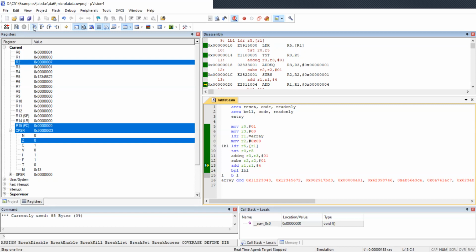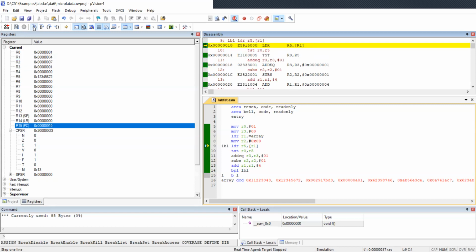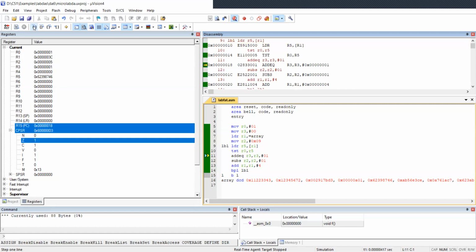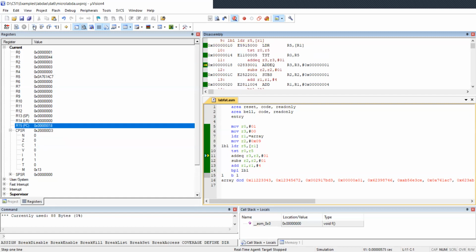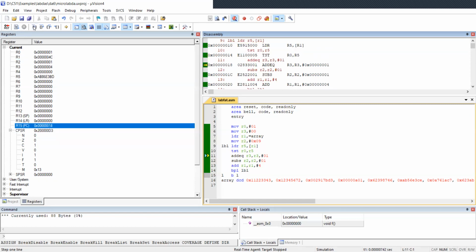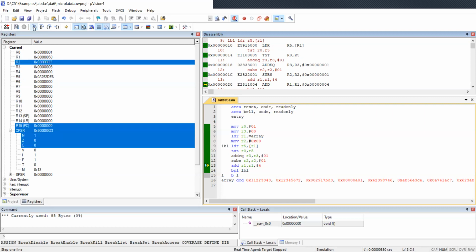This will go back to the loop until the register becomes 0. The end result is that we have 5 even numbers in the array. Okay, now my friend continues with another program.